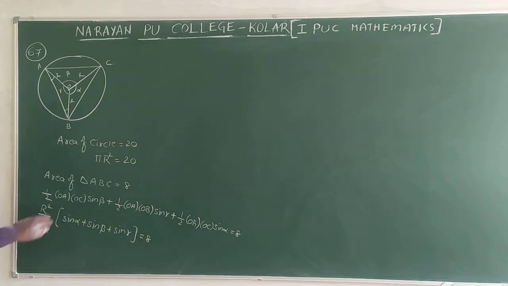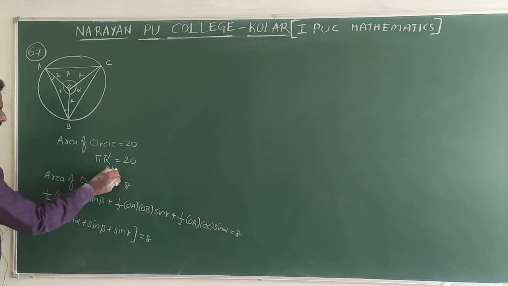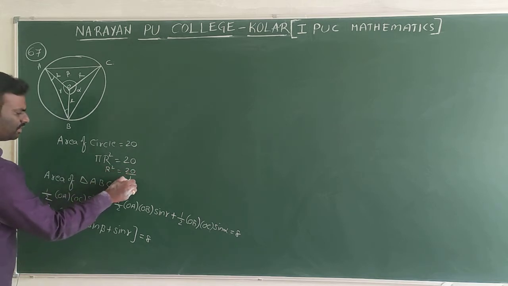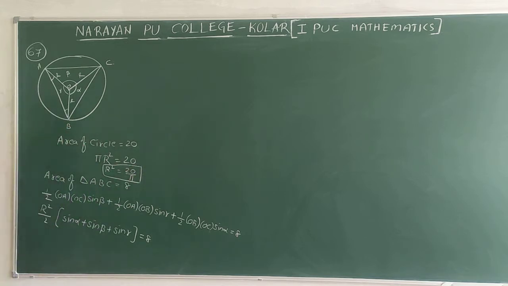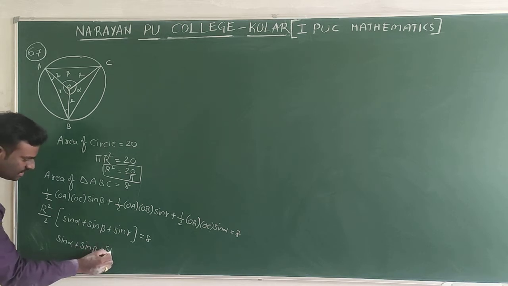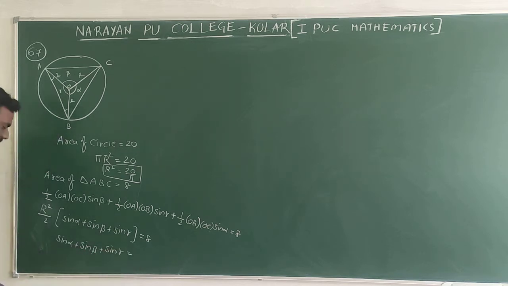But from this R square I can write 20 by pi. Substitute. Now one more step, I can write sin alpha plus sin beta plus sin gamma is nothing but